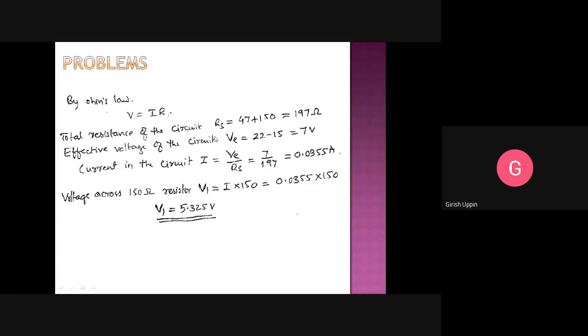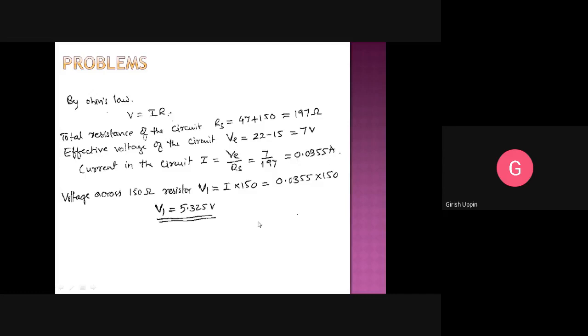Now we know the total resistance of the circuit, 197. What is the effective voltage of the circuit? V is equal to 22 minus 7, that is 7 volts. It is simple: one resistor of 197 connected across a 7 volt source. Therefore the current that flows in the circuit, I, is equal to VE divided by RS. So that is 7 divided by 197, it will come as